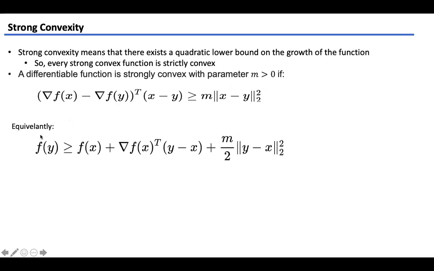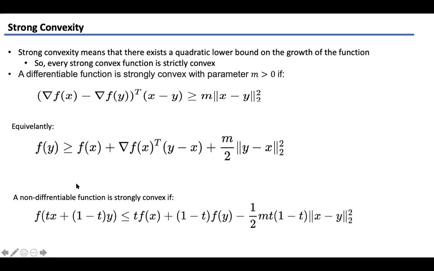So here, the value of the function at y should be greater than or equal to this term that includes this quadratic term. And for a non-differentiable function, this condition is for differentiable functions, where we can get the gradient. But for a non-differentiable function, we have an alternative condition. If this condition is satisfied for a choice of m that is greater than 0, then we say this function is m